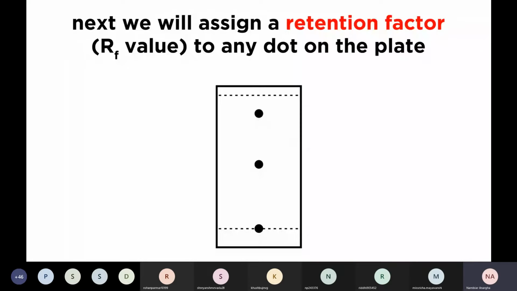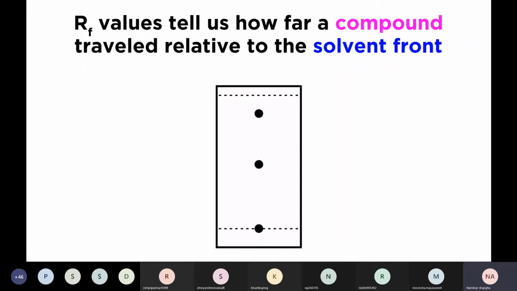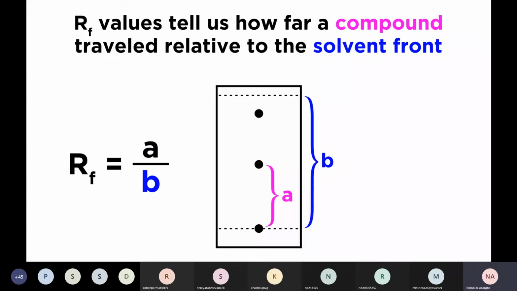Now we can assign a retention factor, or RF value, to any dot on the plate. This represents the distance traveled by a particular substance as a fraction of the distance traveled by the solvent front. To get this, we just measure the distance from the line where spotting took place to the center of the dot and divide that by the distance from that same line to the line at the top where the solvent